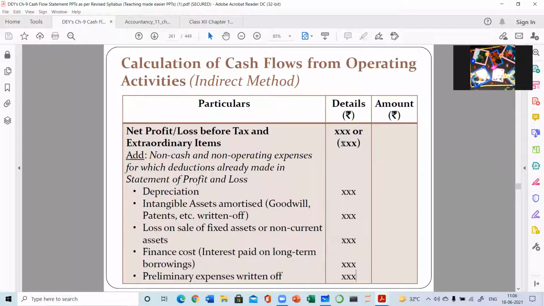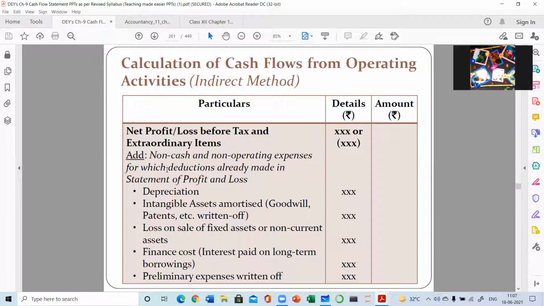Okay. So different parts are there in this format. After understanding it, you have to learn it. Keep in memory, you have to retain this format because all the questions you will be able to do depending upon this format only. If you know the format, only then you can do the question. So we are going to start the format with the previously done topic outcome. So yesterday the outcome was net profit or loss before tax and extraordinary item.